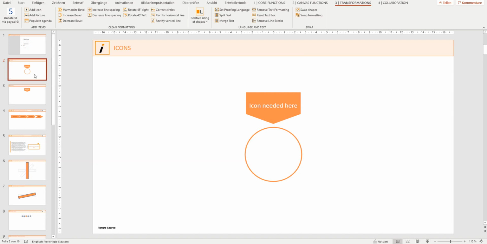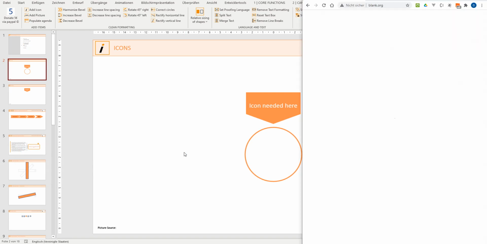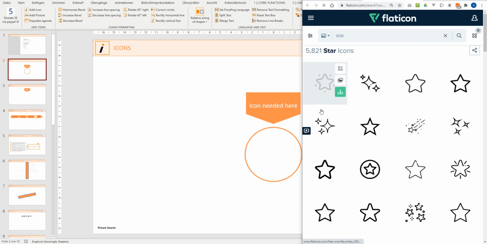So the first functionality is the add icon functionality, and as it says, it's an easy way to add an icon when you need it on your slide. So you can just click on add icon. Then you are already asked which kind of icon you're looking for. For example, I'm looking for a star, and instead of having the need to go to